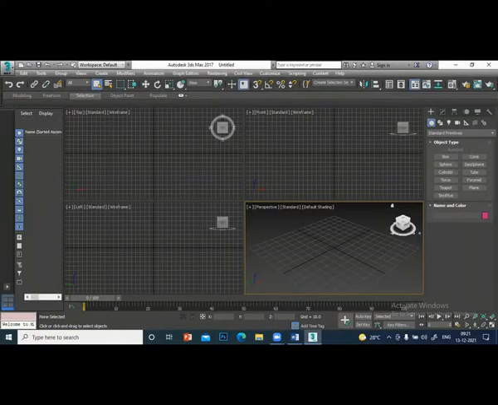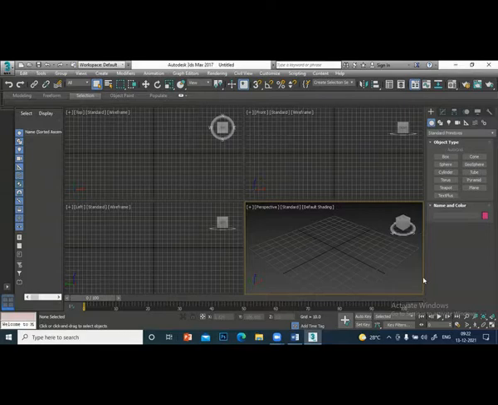This command panel is the most powerful, and most of the commands you will be taking from this command panel. At the top, there are 6 panels: create, modify, hierarchy, motion, display, and utilities.